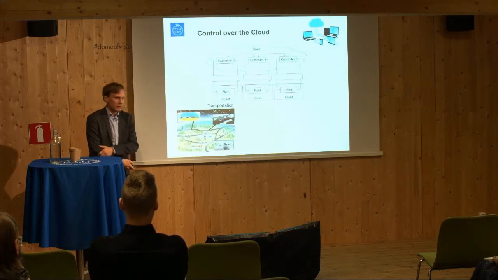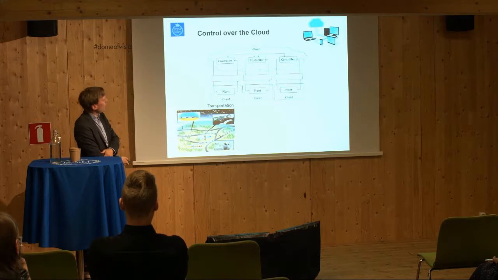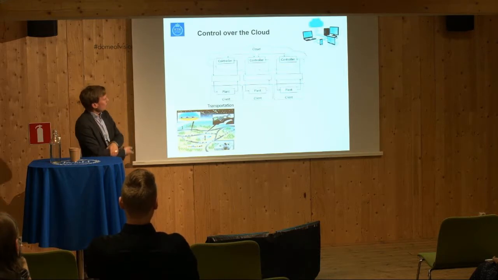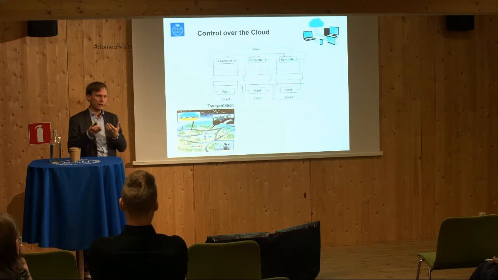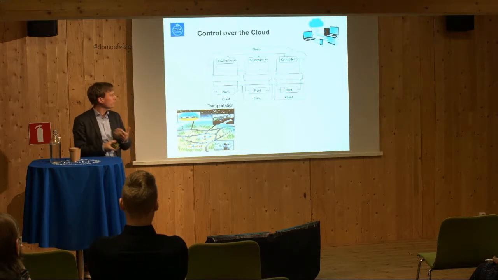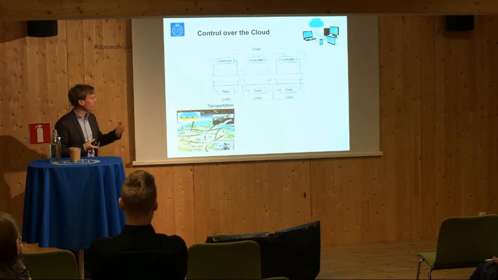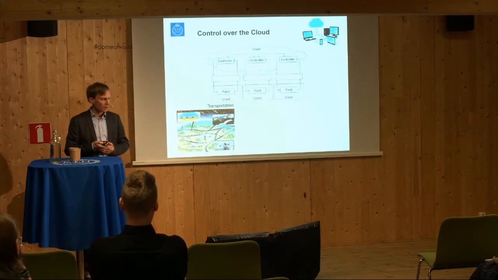So one example where this is quite useful is modern transportation networks. Think of every plant here as a car, an autonomous car, which you would like to control the speed of on the road. 3 of them would form a platoon or a vehicle fleet, and you want to control this fleet. Then it would be quite useful to have these controllers sitting next to each other. They could actually optimize the performance much more. So this is one example of where this is useful.